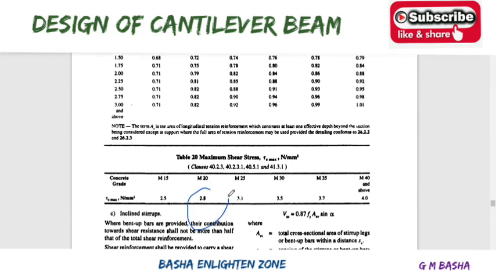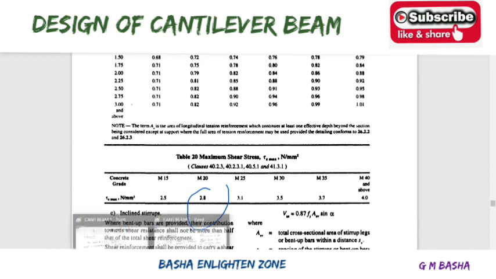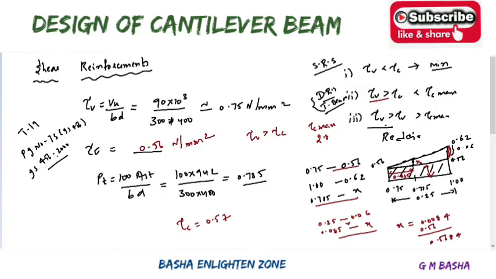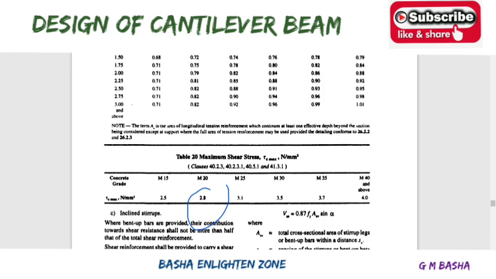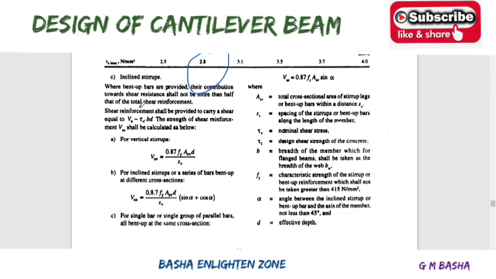So here this one will be 2.8. So for that you can get one confirmation. Here tau v will be greater than tau c and less than tau c maximum. So according to this condition it lies in the second case. Whenever it lies in the second case, you can design the shear reinforcement as per IS, which was given here. Find out stirrups based on this formula, that is 0.87 Fy Asv d by Sv, and where